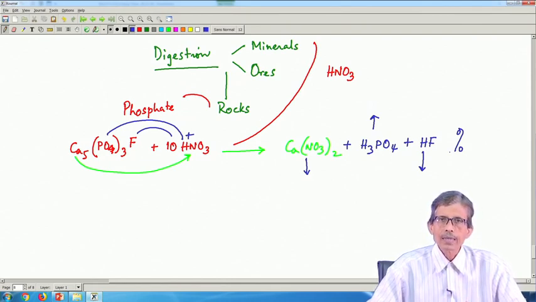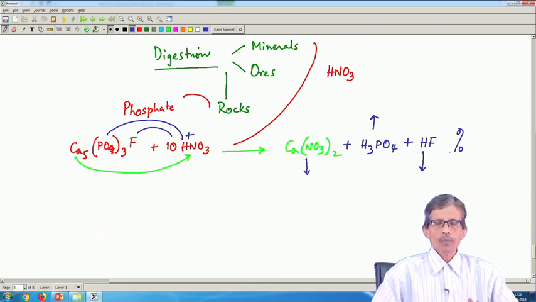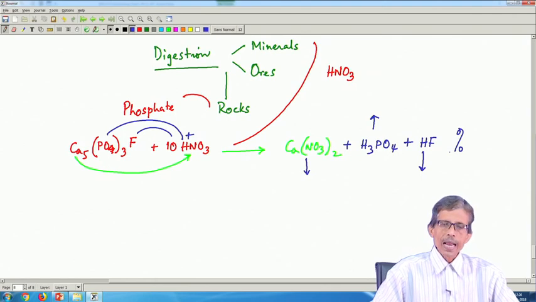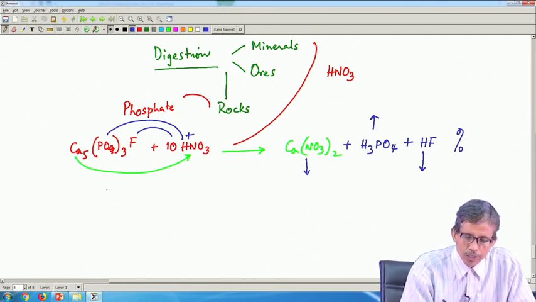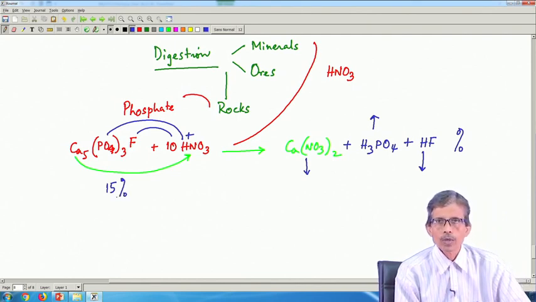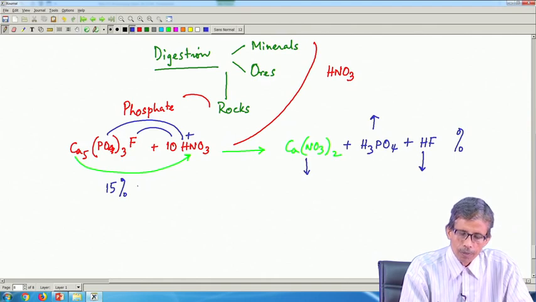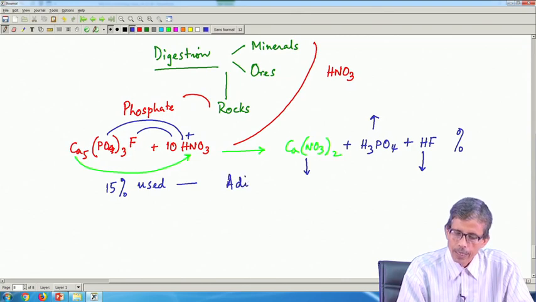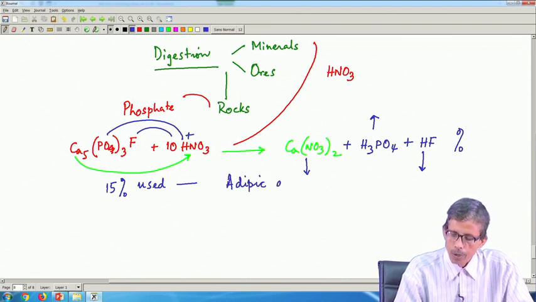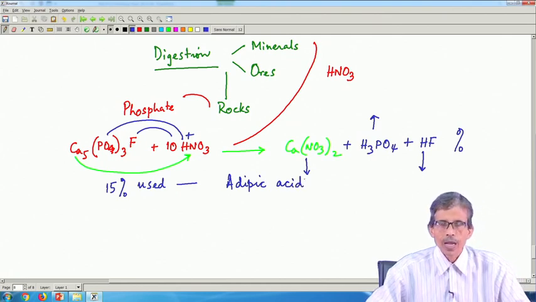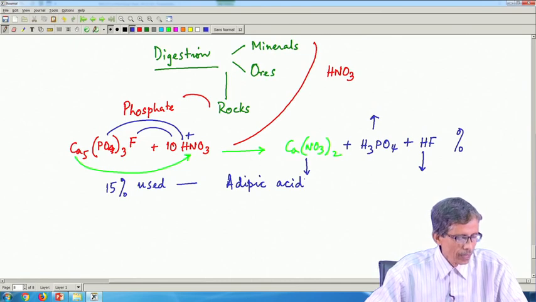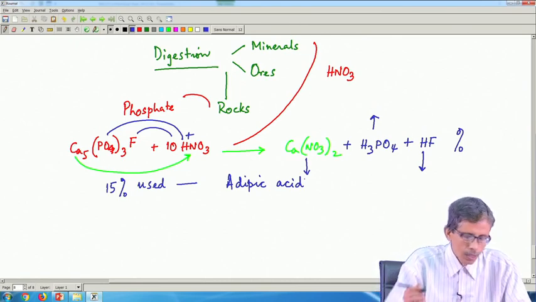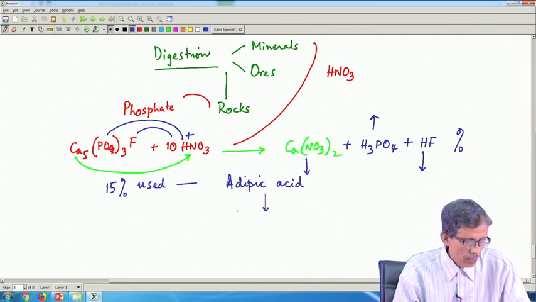So, we see many applications of nitric acid from a very simple reaction, the typical attack of your mineral or ore by that acid. Then a very small amount, only 15% of the total production that we get from the industry, is used for making one industrially important compound, adipic acid. As we talked about some time ago, it is used for making nylon, making fibers,